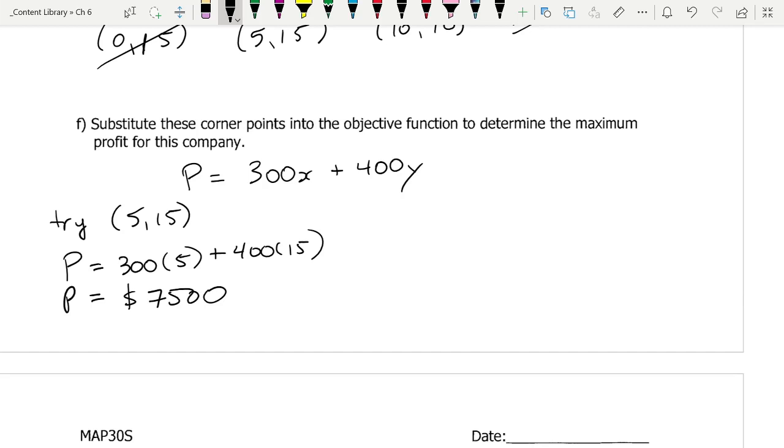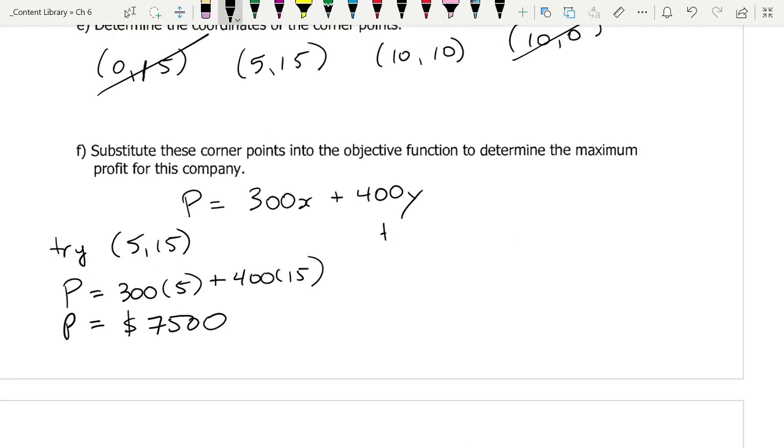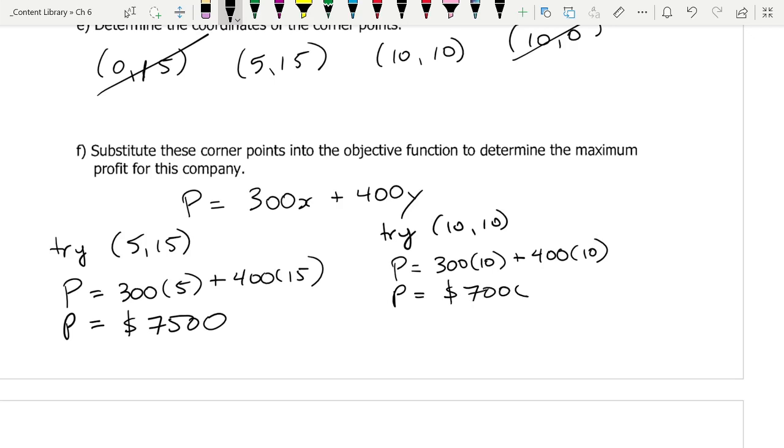What do you think? The other point I have to try is 10, 10. If I made 10 couches and 10 love seats, I get 300 times 10 plus 400 times 10, and that one is only going to give me 7,000. So the winner